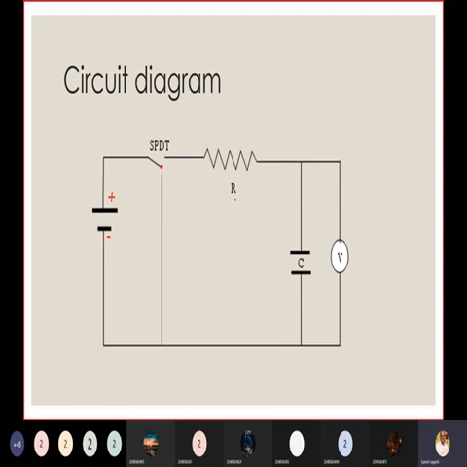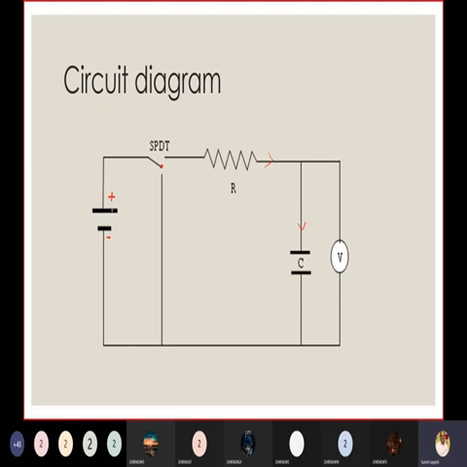So a resistor and a capacitor. Thus it is simply an RC circuit. How did we connect the RC, in parallel or series? How are the resistance and capacitance connected in this circuit? Series, sir. Series circuit only, isn't it? Series circuit only. So this is the simple circuit diagram which you have to implement in our regular lab after coming from the COVID lockdowns. We should do this practically in our lab.